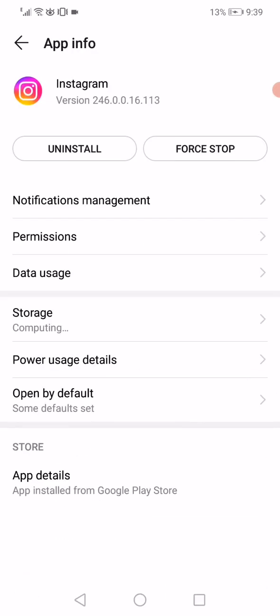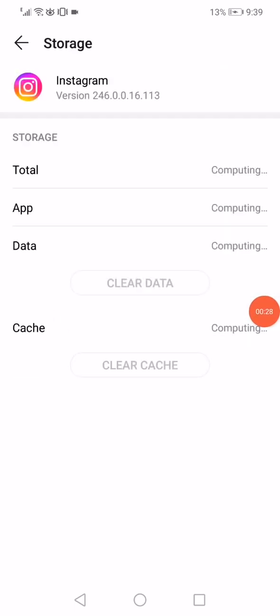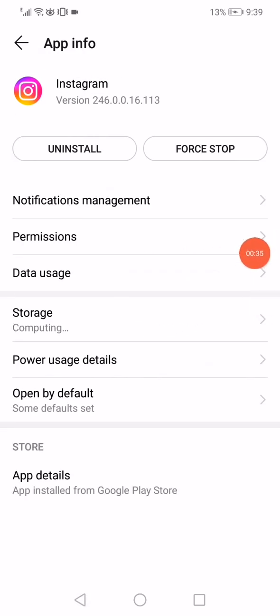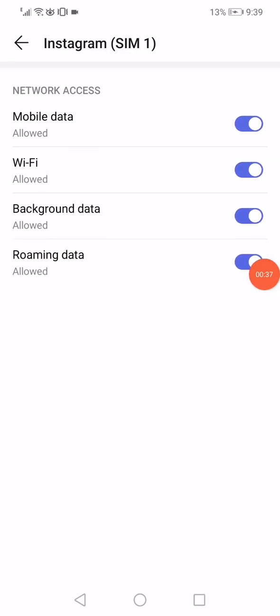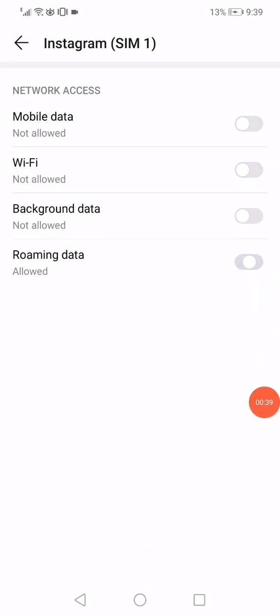Instagram app. Click on it, click on the force stop right here, and then you have to click on the storage. Wait a few seconds and then click on clear cache and clear data. Go back again, click on the data usage right here, scroll down, disable all those options and enable them again